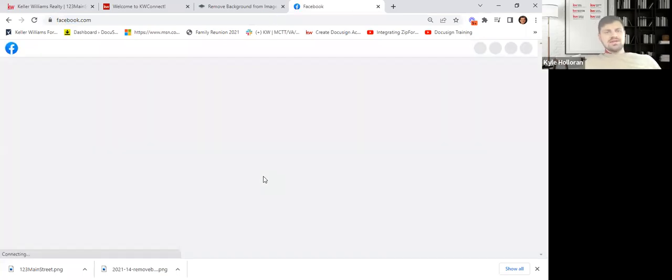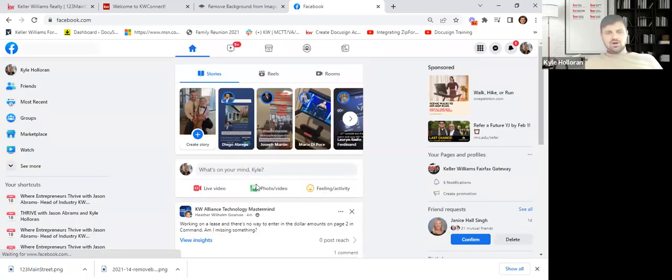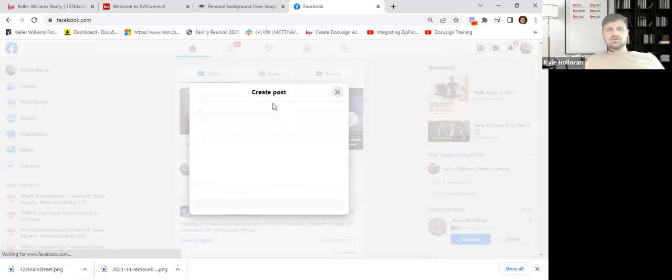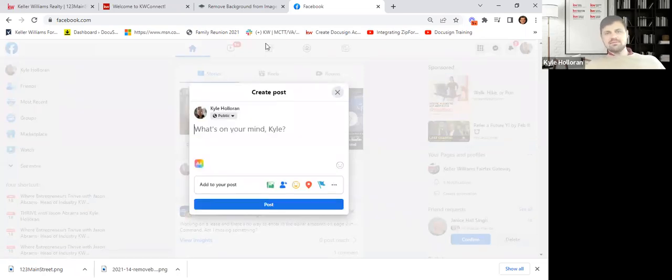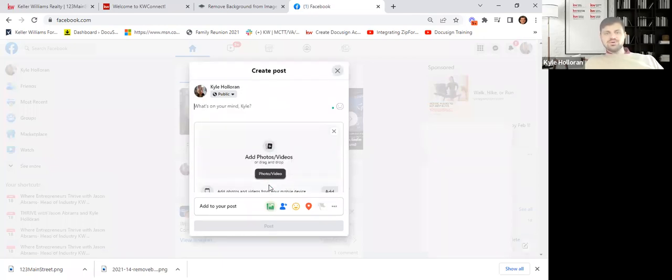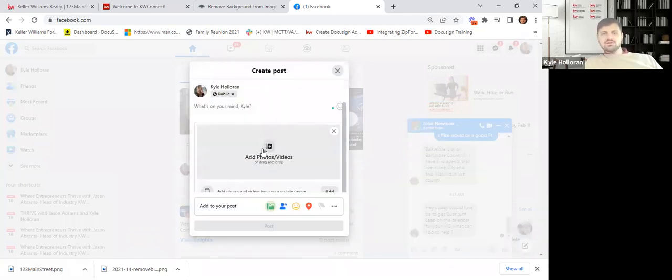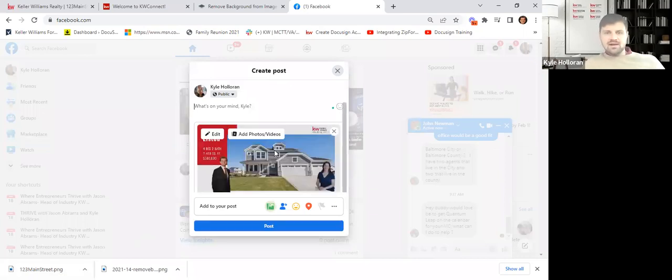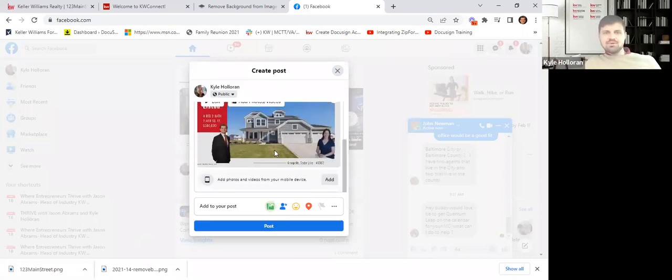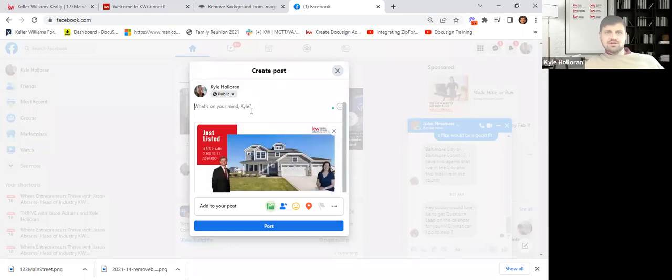And if you have a business page, or whatever else it's going to be, you can come in here and under where it says, what's on your mind, I can click and go click create a post. This might be the one easy way to do it. Now I can upload an image, remember, from my computer. I can drag that image that just saved to my computer and drop it here. And that image comes in. There it is. Boom, beautiful, looking good.